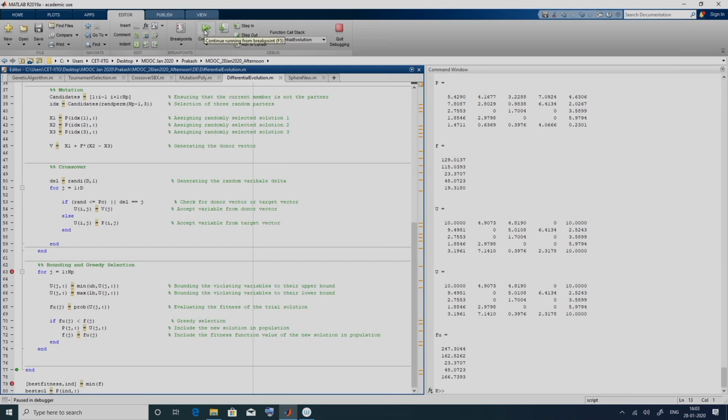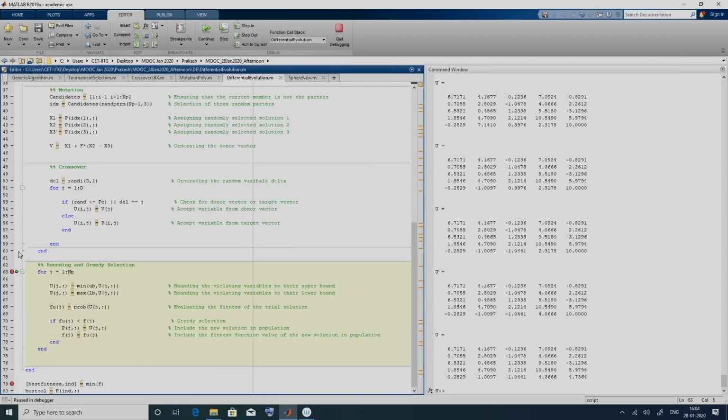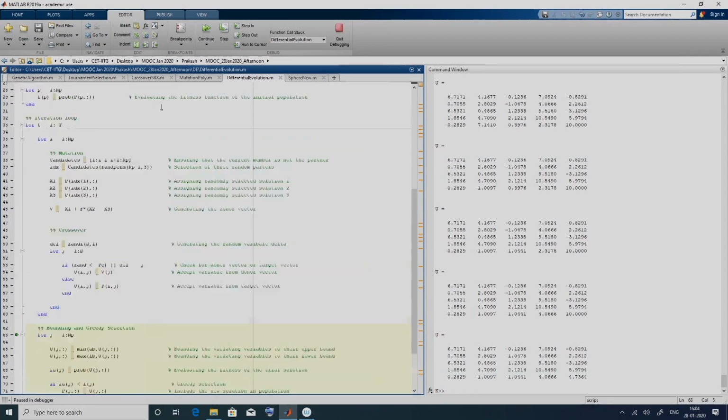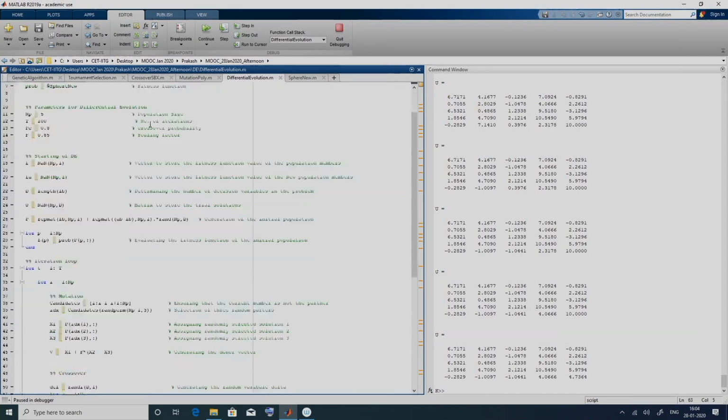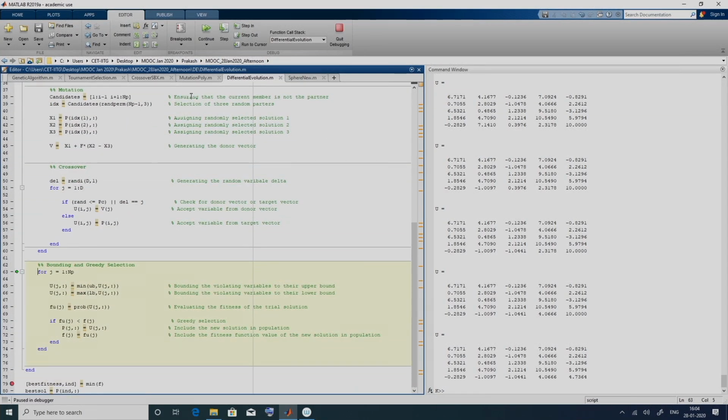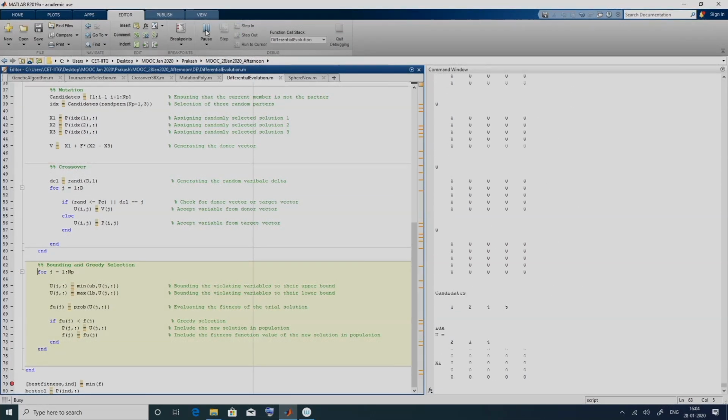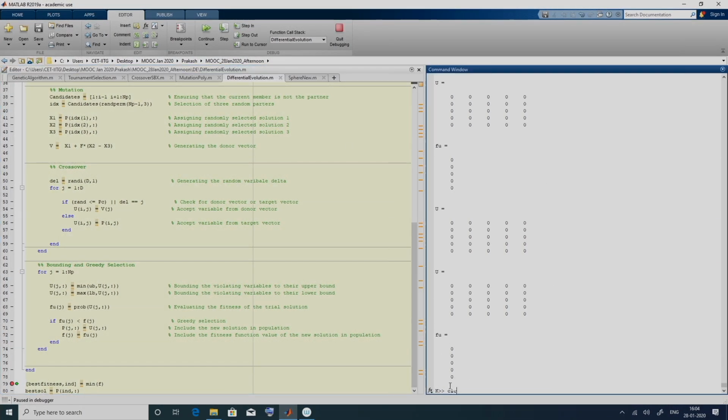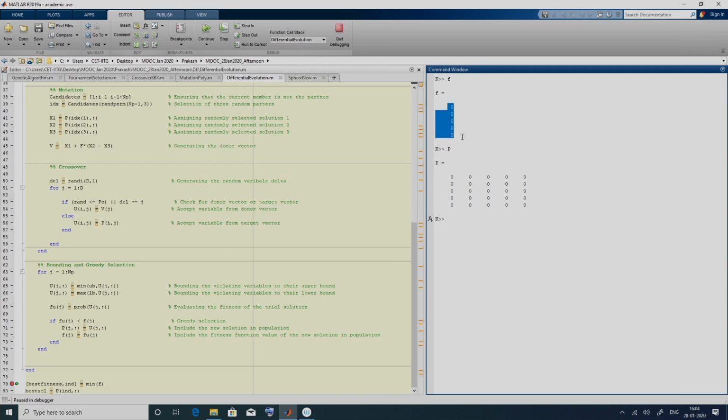So, now I can give this continue. Let me remove this breakpoint. Now I am not interested in doing every iteration, because we have seen what is happening in every iteration. So, let me just do this continue. Now, let me just clear the screen. Let us see our f and p. So, all the solutions are zeros. If you see, all the 5 solutions are 0 0 0 and the fitness function is 0 0 0,